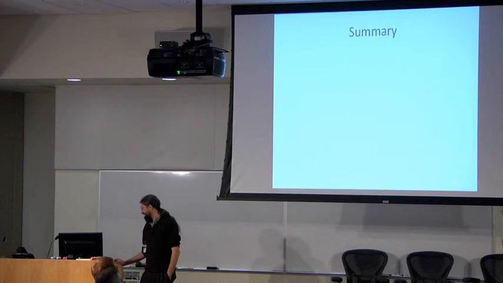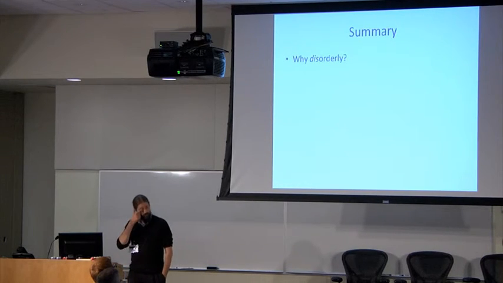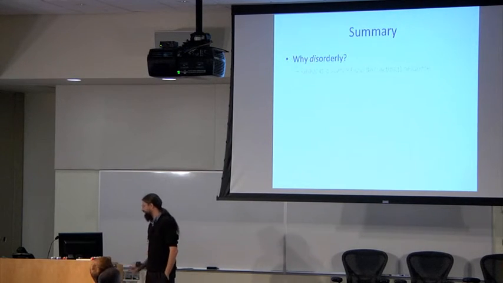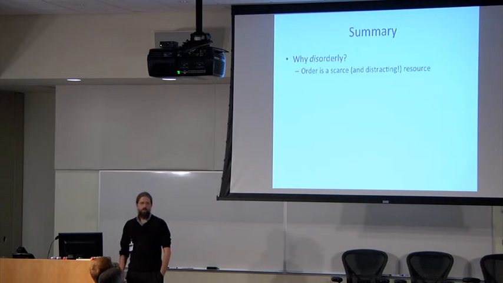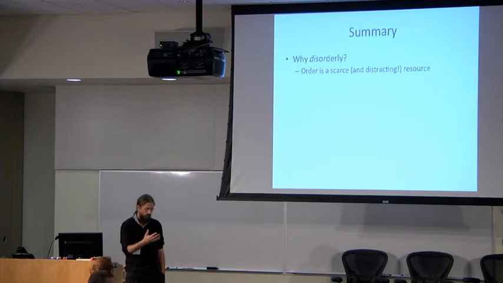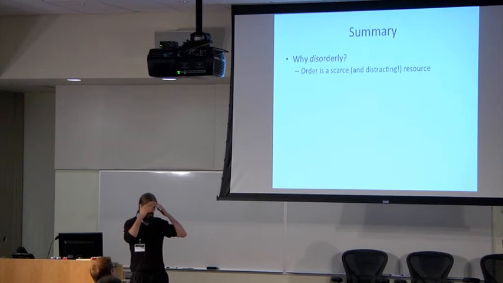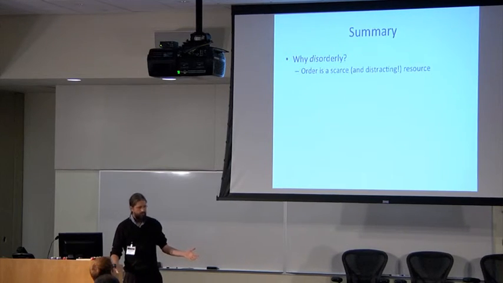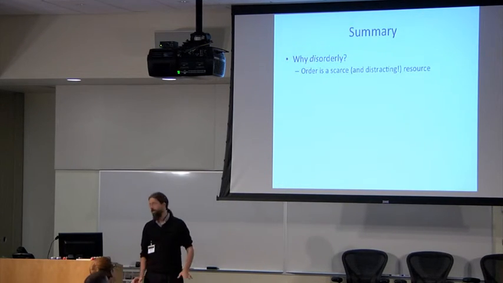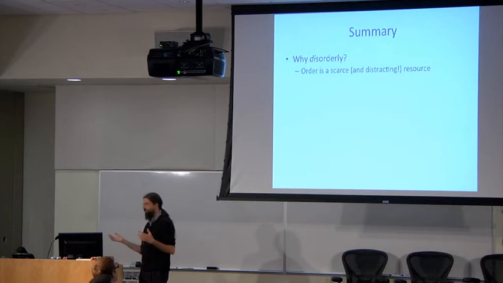And so, as is the style, I'm going to end this talk by asking a bunch of questions and answering them. So why did I choose a provocative word like disorderly to describe a language that I want principled people to use? It's just to emphasize the fact that order is something that we should be really stingy about using in distributed systems. We should start by specifying programs logically as a set of implications, and then refine those programs with the help of tooling. Okay? It's at some level the opposite of what we've been trained to do.